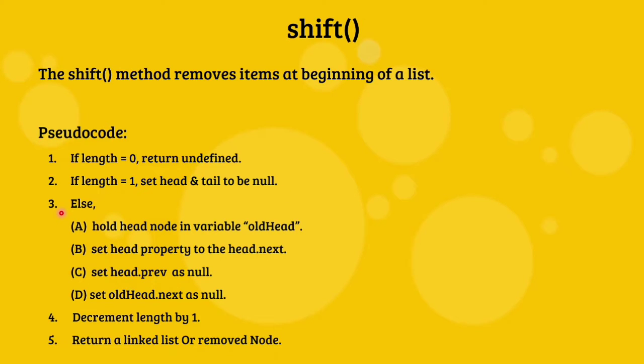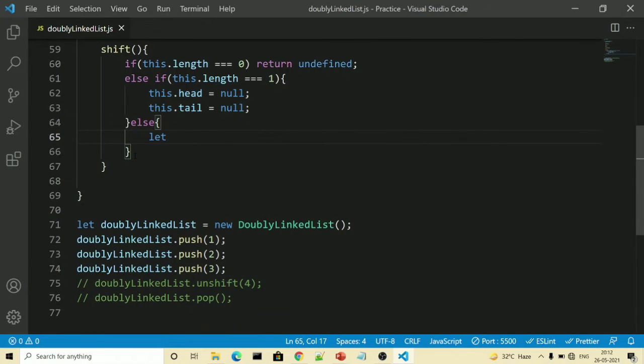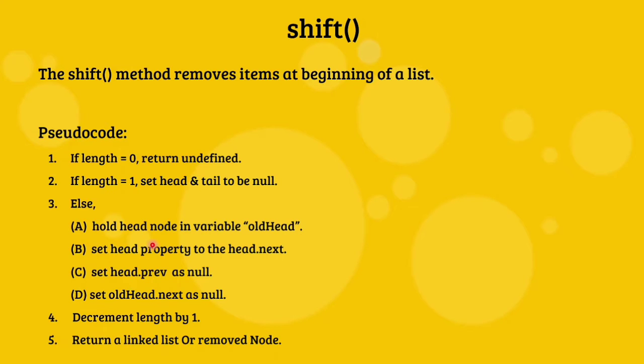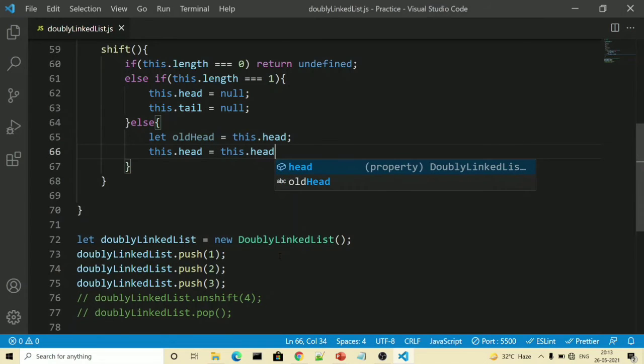After that, in the else part, it is saying hold head node in the variable called old head. Then comes to the else part. Here we will simply do let old head is equal to this.head. After that, it is saying set head property to the head.next. So we will write this.head is equal to this.head.next.